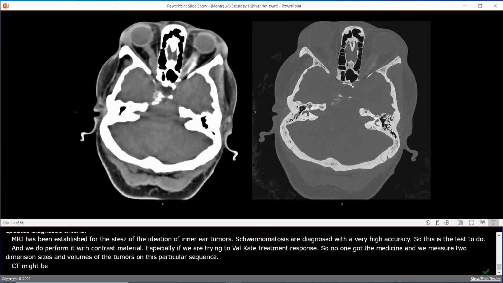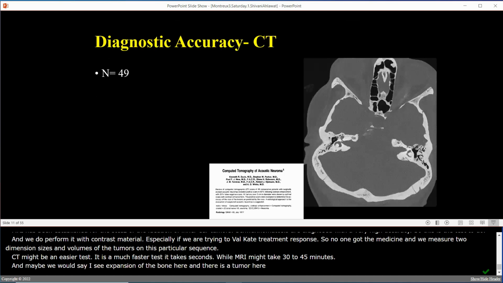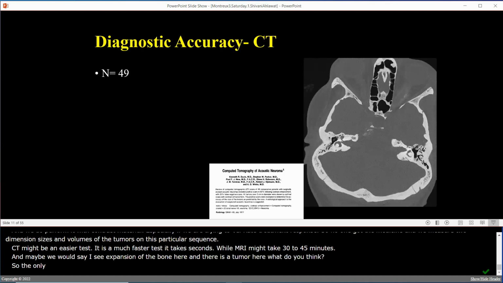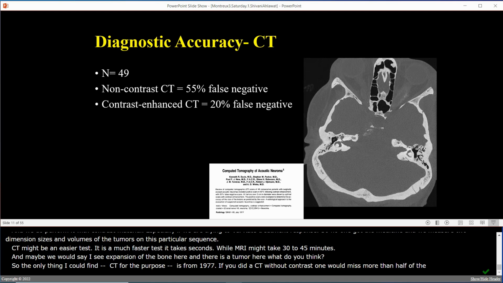CT might be an easier test. It's a much faster test. It takes seconds, while MRI might take 30 to 45 minutes. And maybe you would say that I see some expansion of this bone here and there is a tumor here, what do you think? So the only paper that I could find looking at CT for this purpose is from 1977, and if you did a CT without contrast, one would miss about a little more than half of the vestibular schwannomas. And if you gave contrast,